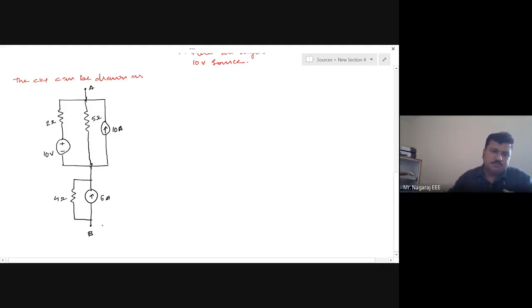So now what I will do, because I want a voltage source between A and B, and between A and B there are two series circuits. This upper combination is in series with this lower combination. So when there are two series circuits, I can make both of these series circuits into voltage sources, and equivalently I can take very easily. So first I will convert 6 ampere 4 ohms into a voltage source. I will keep it as it is till the last step. And I will convert 10 volt 2 ohm into a current source and take the equivalent with the other current source already existing. Then later I will convert it into a voltage source.